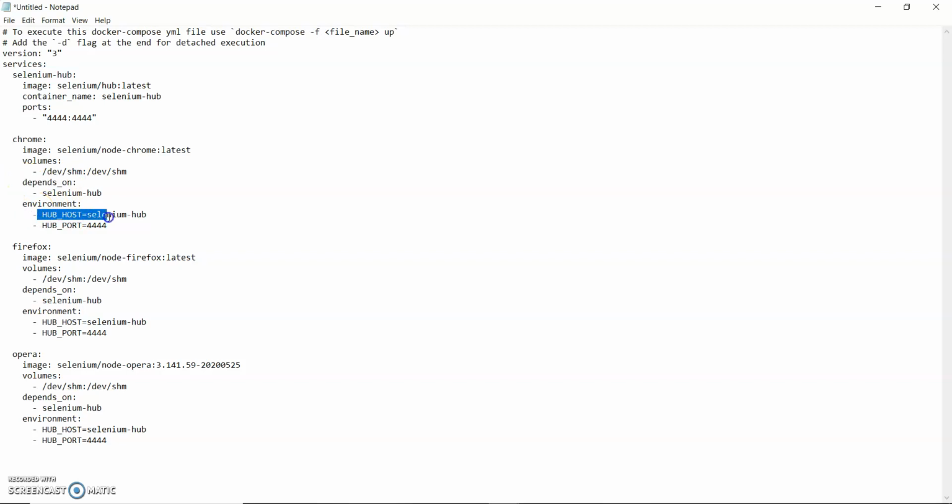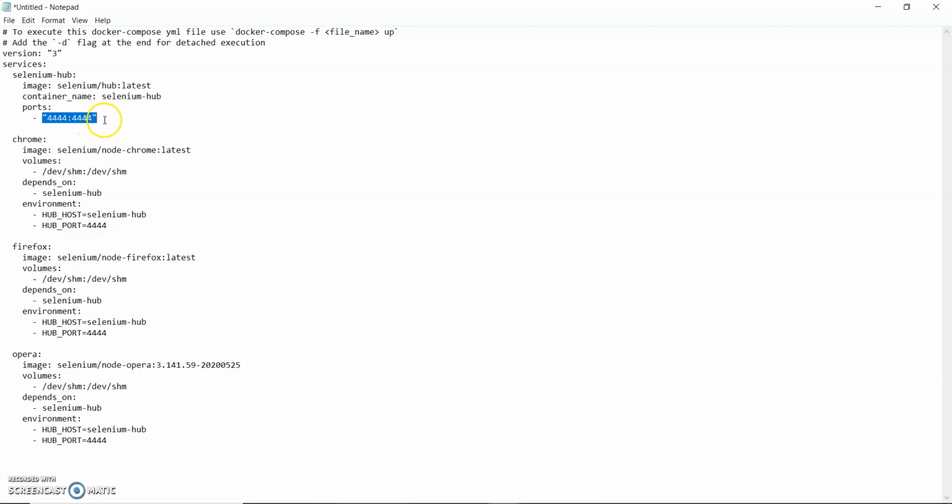There is an environment section for the Selenium Hub, with the host and port they will talk on. This is the first 4444 and the second 4444. One is for the Selenium Hub, and the second is also the Selenium Hub, which is exposed to us and to our code.